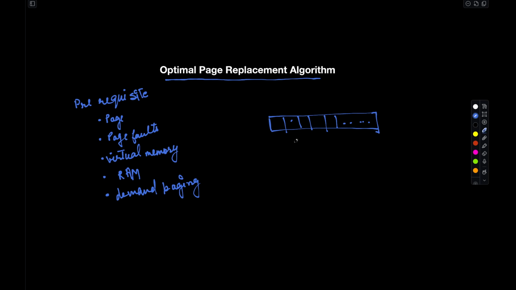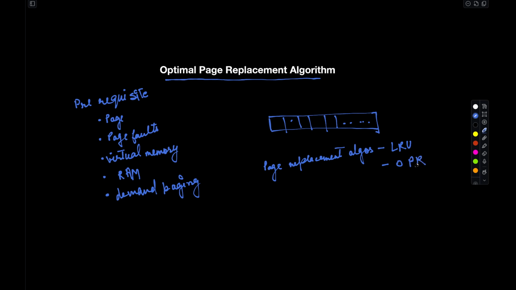So we have to replace a page that is already there in the RAM. So there are multiple page replacement algorithms. For example, one of them is LRU, least recently used page. It goes on the assumption that if a page is least recently used, then it is less likely to be used in future. And one is that we are studying right now,